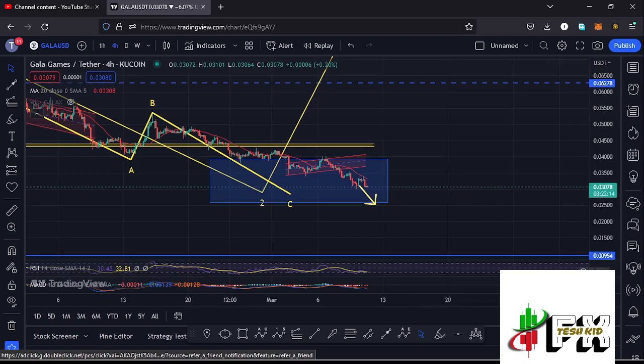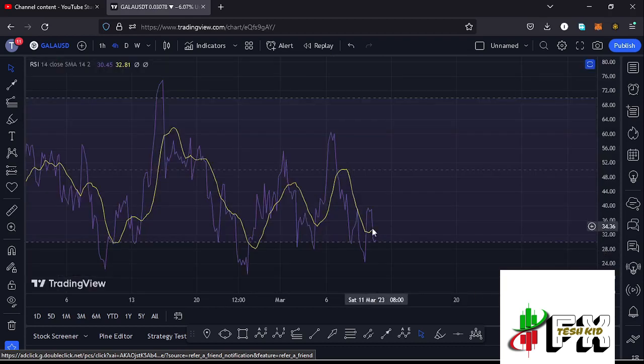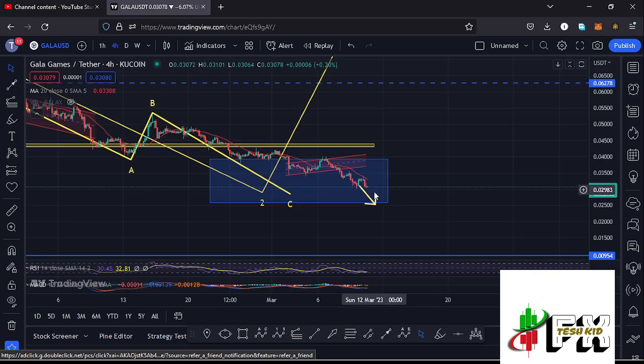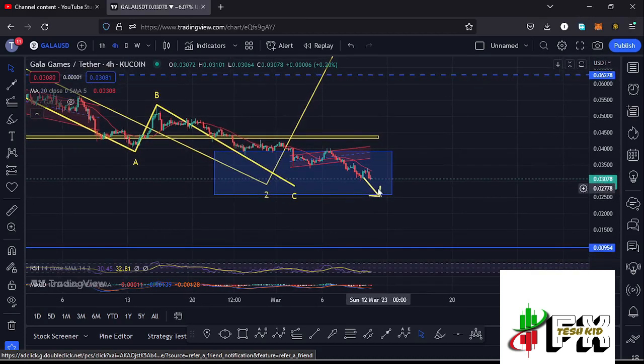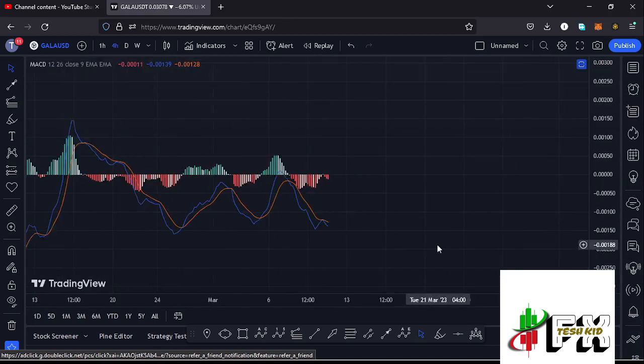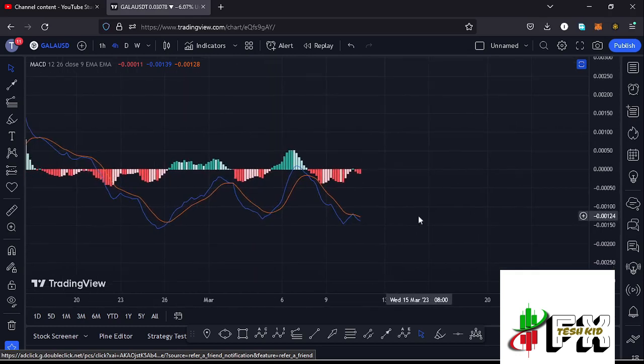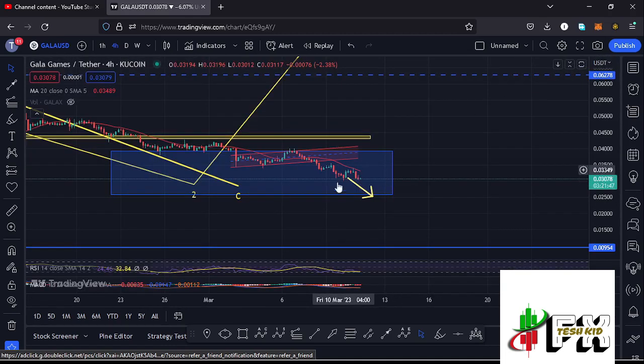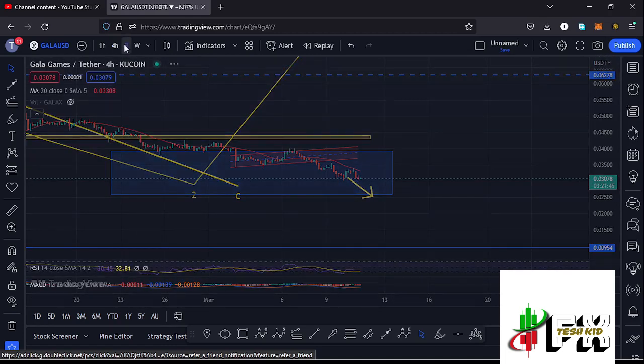And before I give you the long-term scenarios that I'm expecting to play out, we can first take a look at the indicators, where you can see that on the RSI we are trading at around the 30 mark, meaning we have massive room for us to fully support higher prices in case the reversal starts. But in case the breakdown continues, that movement will still be supported on the RSI. Also taking a look at the market, we have been able to print a bearish cross, suggesting that there are chances that the breakdown might continue and maybe fully maximize the fib level 0.78 to the lower side in the formation of that wave 2.